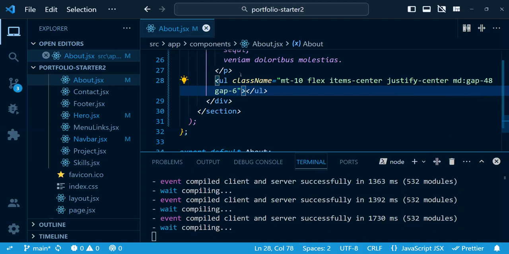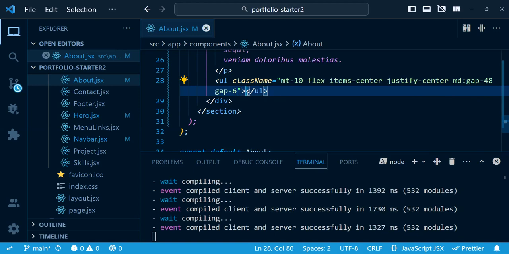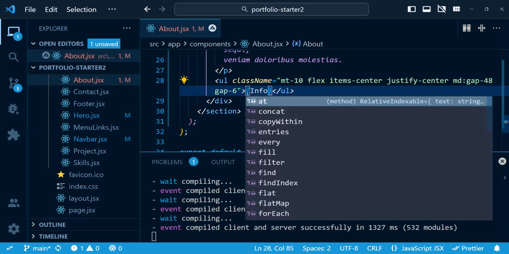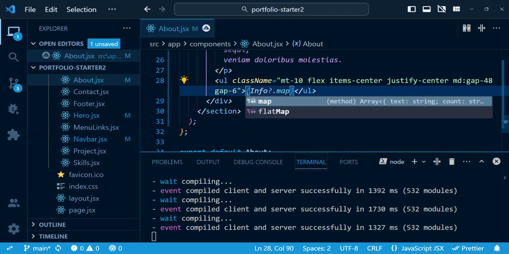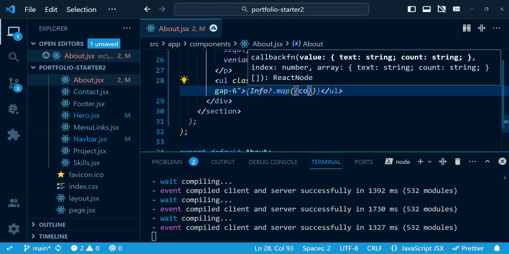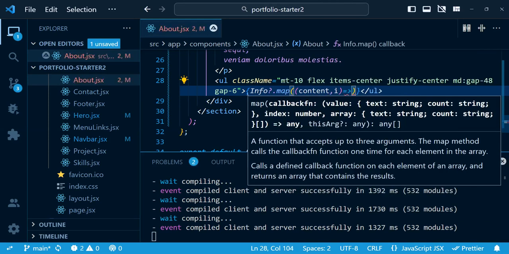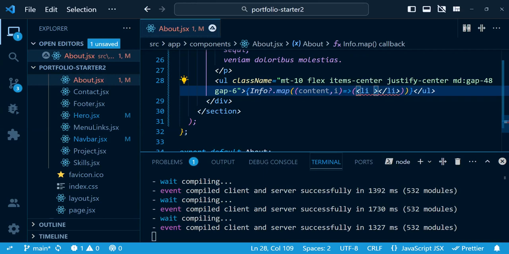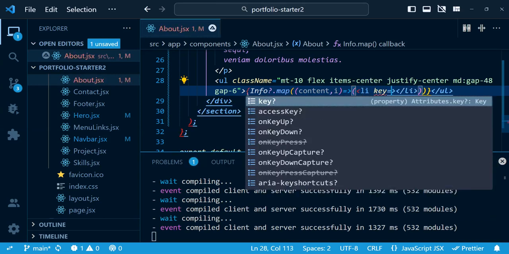And let's save this, and now let's render each element inside the info array. So let's loop over the info array. So let's say info dot map and content and index, and let's give a functional element, and let's render a list element, and each list element will have a key of index,